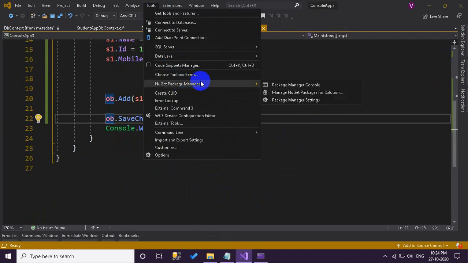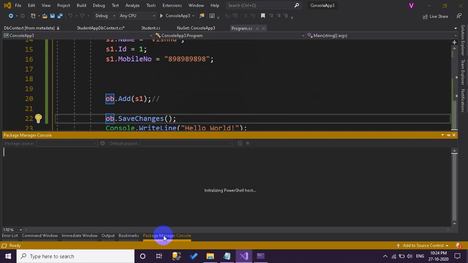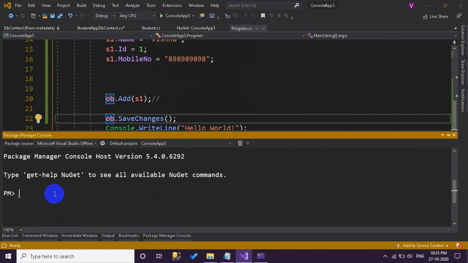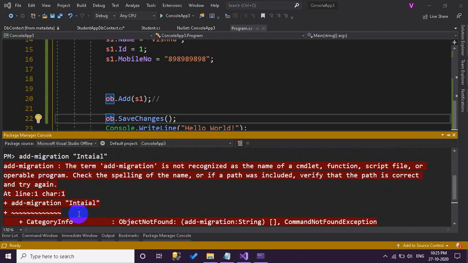Open your package manager console, select our project, and run add-migration initial. This will set up our database. It shows some errors again: add-migration is not recognized.